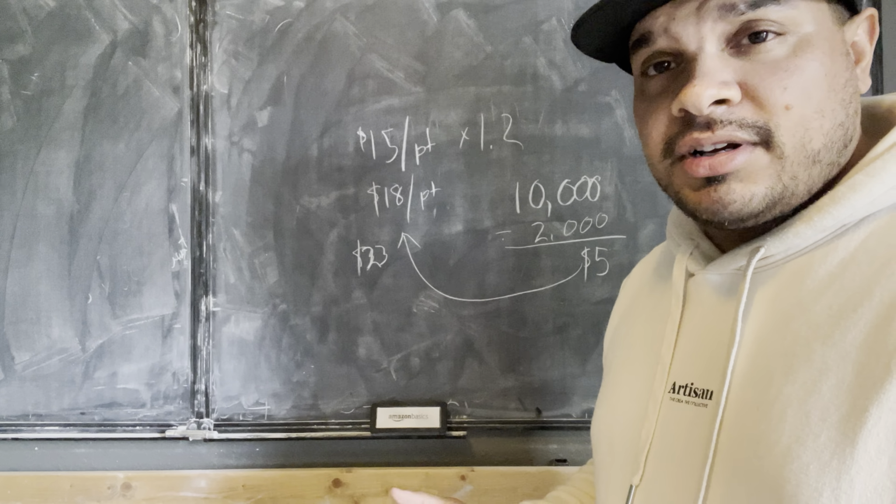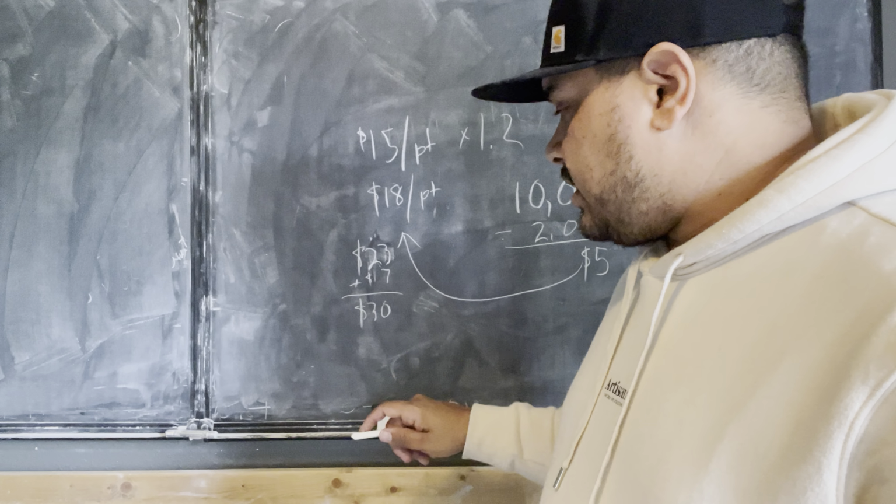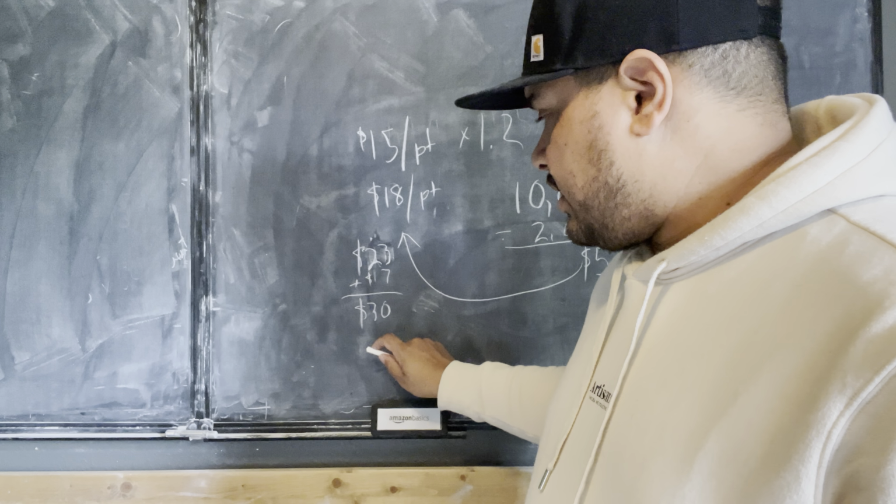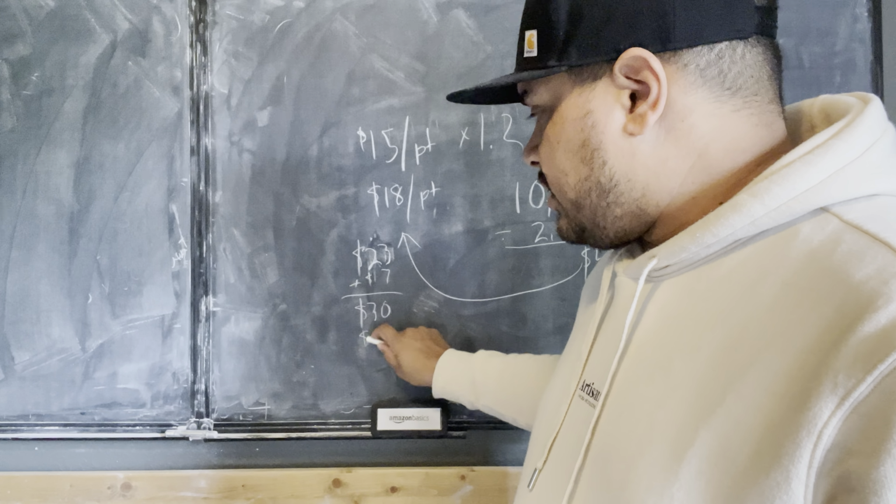But then we also need to pay out a rev share to the person who's selling the job. They need to be able to mark that up and have enough to cover their costs and their marketing expenses and the cost of acquisition and the time that they put into it. And so they might add another $10 to $20 to this. So let's say, for example, they charge $15 for every point that they sell, and that equals